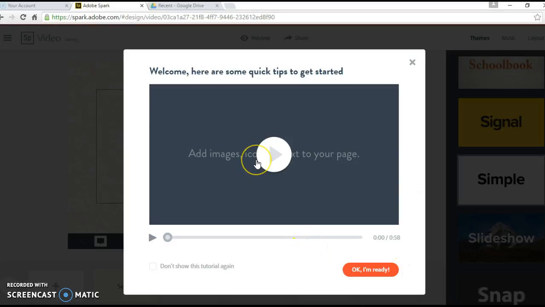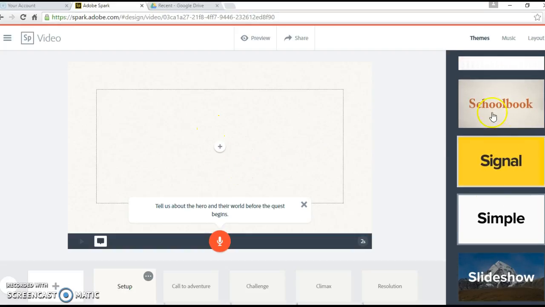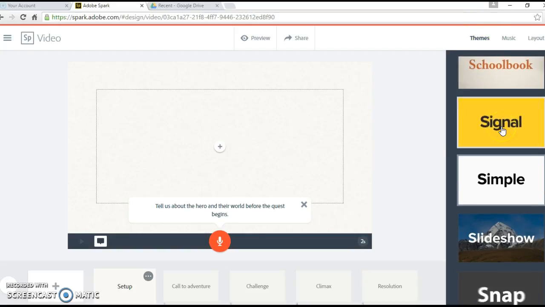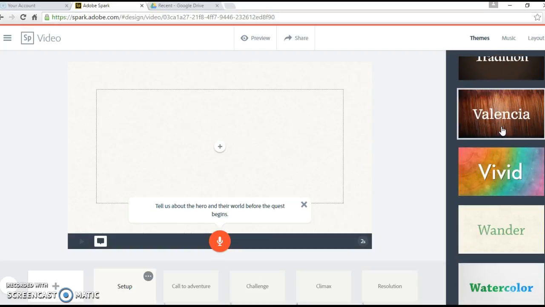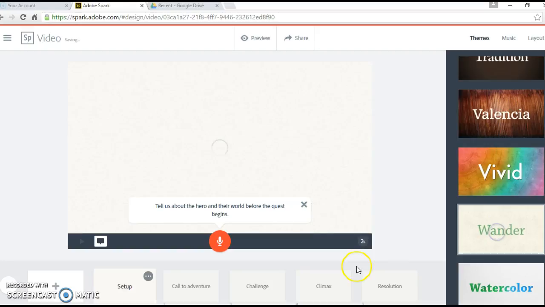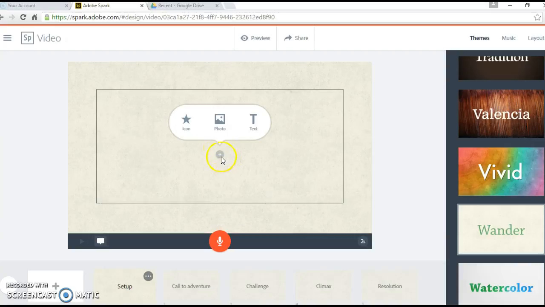So here's an overview on how to use it. I'm going to click I'm ready, and this is the blank template that you get. So over here on the right hand side, these are the different themes. Just like in Microsoft PowerPoint, you've got different themes that you can use. I quite enjoy Wanda. Anytime you click on anything, because it's Adobe, they're really good quality graphics, it takes a while to load. Now if I want to add something, I click on the little plus and I can add an icon,